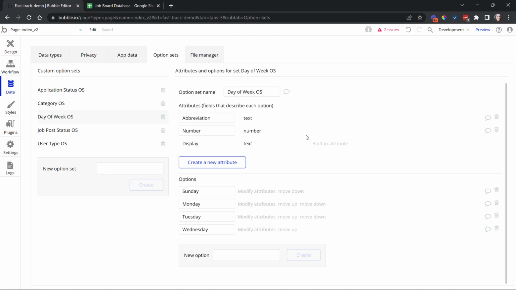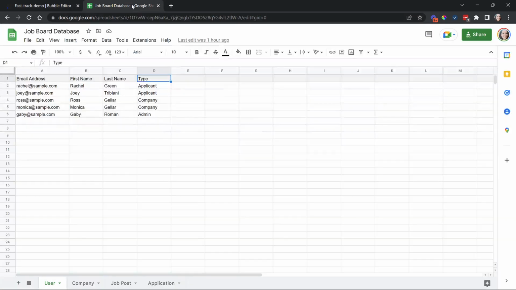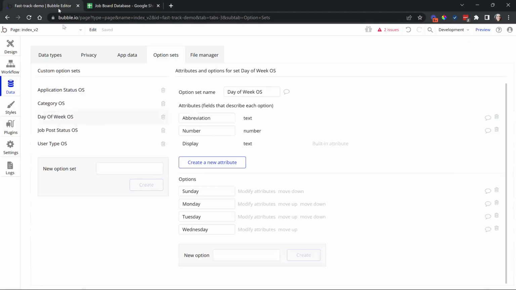If you're ready to create your application's data structure, I actually encourage you to organize things in a spreadsheet like this first. This is a great way to create essentially a scratch pad of your data types, of your fields, to see what example entries would look like with those values and wrap your head around what kind of relationships you need. It's more efficient. You can do things a lot faster here by moving things around